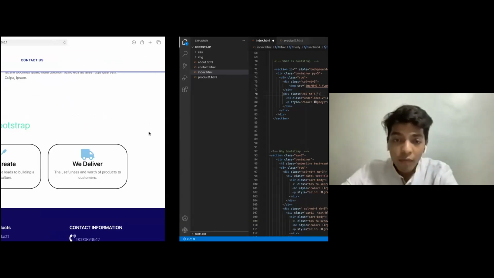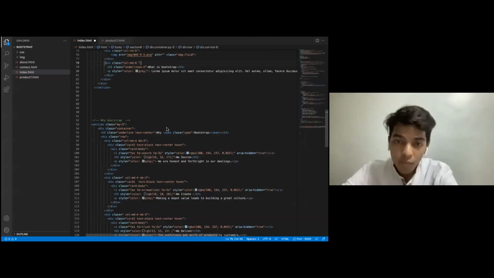First, we write the class that we want to give to Y, then we use span, then we use class, then we give the class name. I have used span, and then we write Bootstrap in that span, and then we close the h3 tag. So my Bootstrap has a class of span and my Y has a class of underline and text center. So that's why we use span.